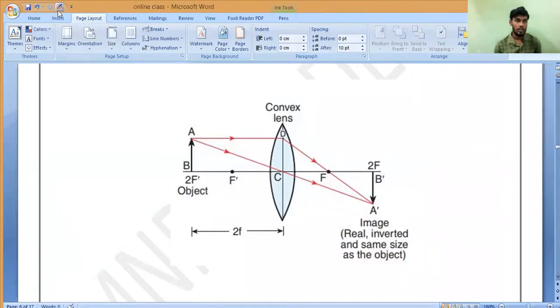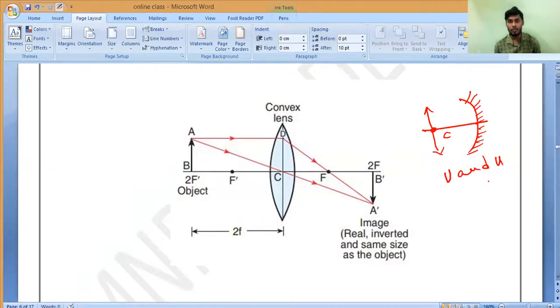Now observe carefully. I will say one important point here that you should remember. In the case of mirror, which mirror? Concave mirror, yes, sir. When you place the object exactly at C, the image also will form at C, so both image and object form at the same point, so the distance between V and U is equal to how much? Zero. Do you understand now? Distance between V and U in the case of mirror, both will form at the same location, so the distance between them is how much?